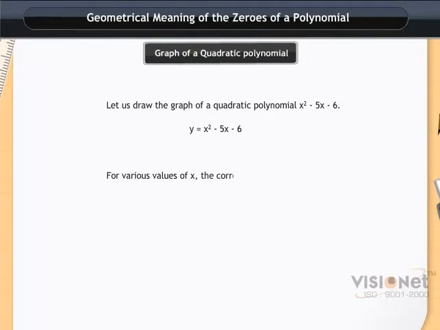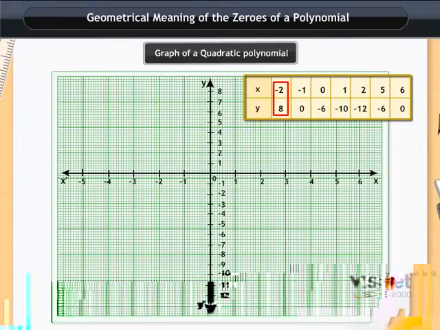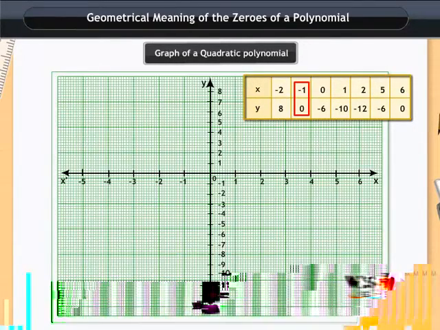Graph of a quadratic polynomial. Let us draw the graph of a quadratic polynomial x square minus 5x minus 6. Now let y is equal to x square minus 5x minus 6. So, for various values of x, the corresponding values of y are -2, 8, -1, 0, 0,